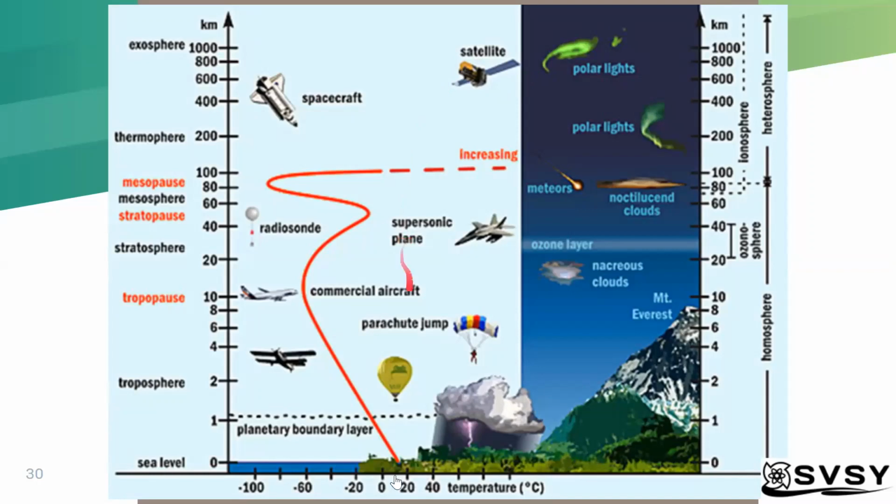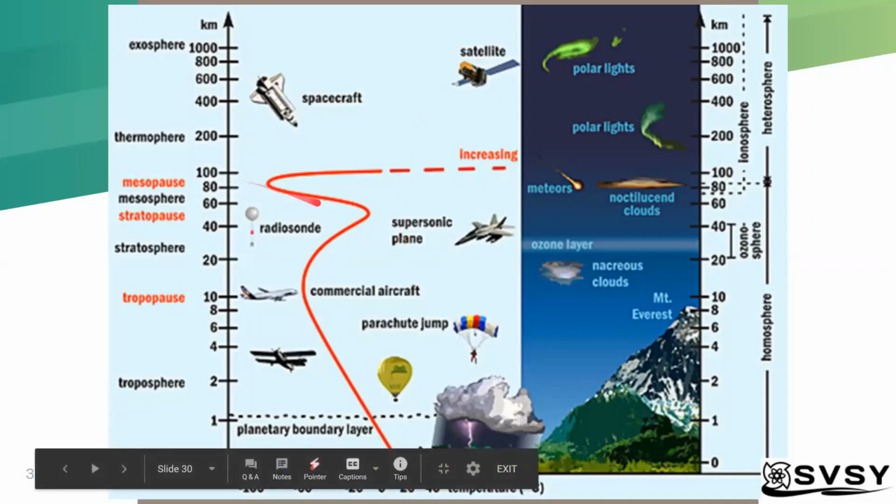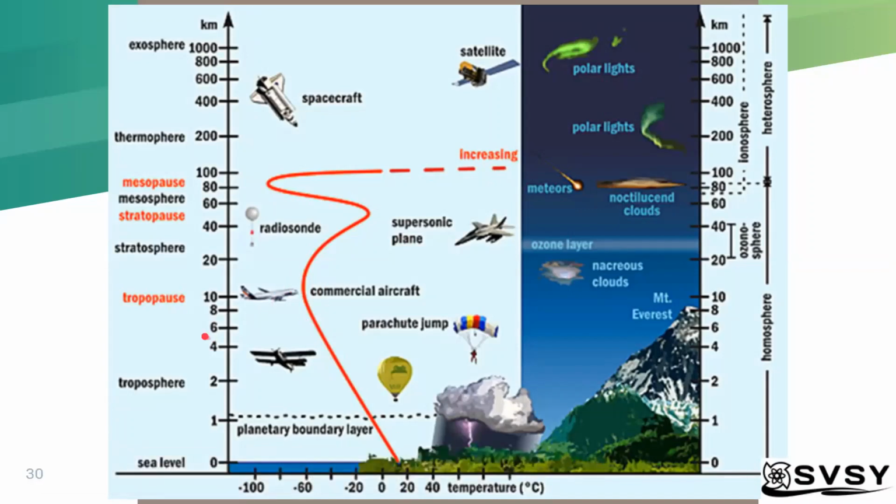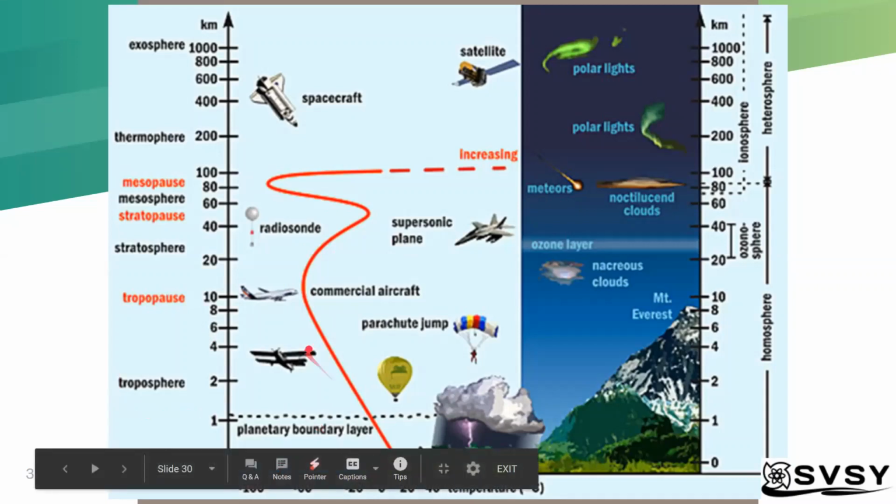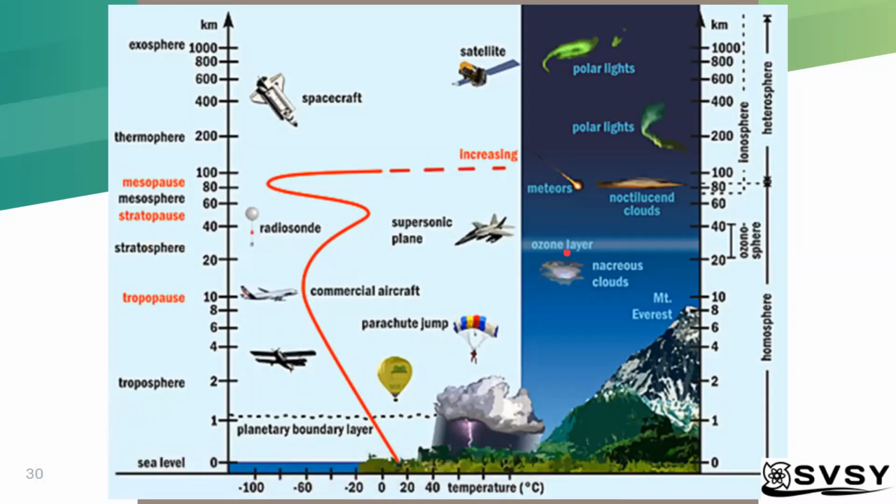So now I'd like to talk about the temperature. As I said earlier, the layers are mostly defined based on the temperature patterns. In the troposphere, the temperature is decreasing with altitude because it is being heated by the ground mostly. The ground has absorbed radiation from the sun, and because this layer is the closest to the ground, it is being heated from the bottom up. And then the stratosphere is heated by the ozone layer, actually. The ozone layer is absorbing a bunch of UV light,